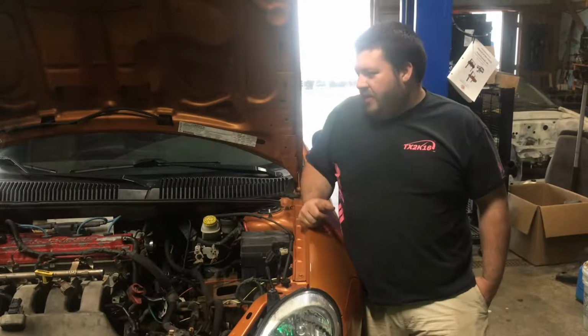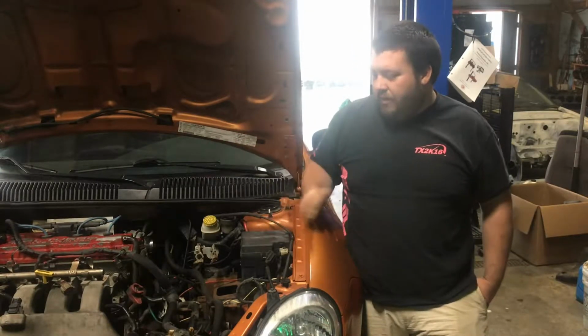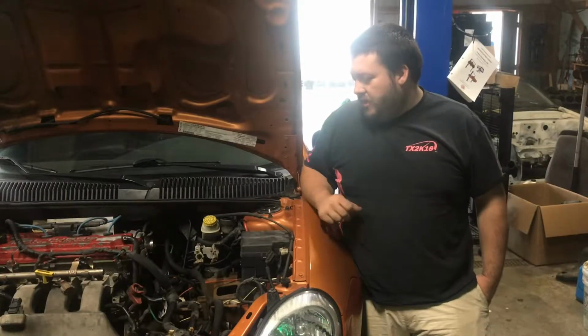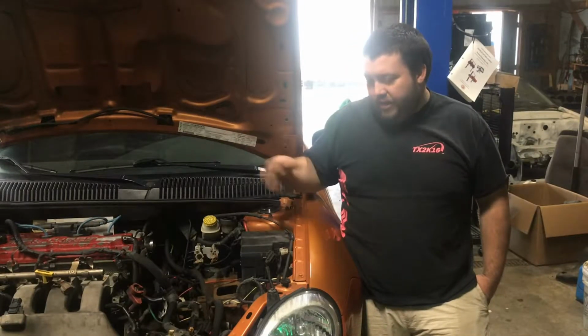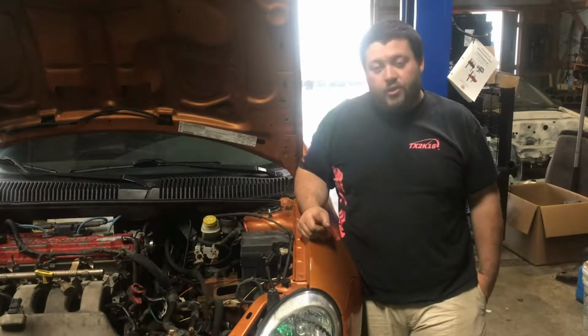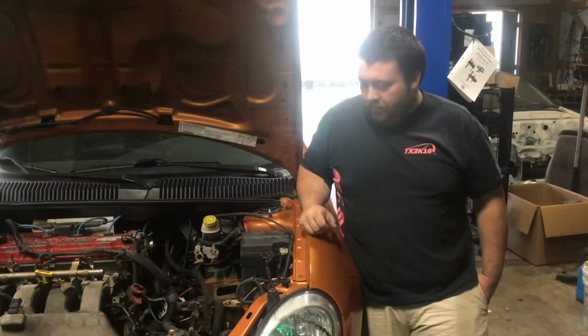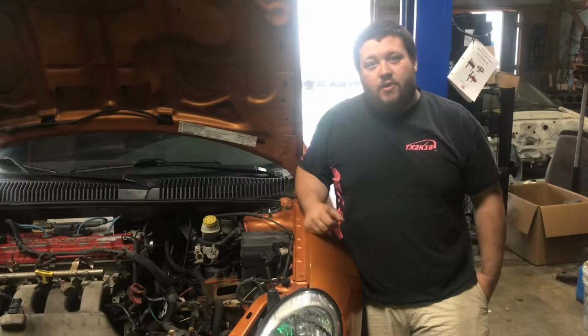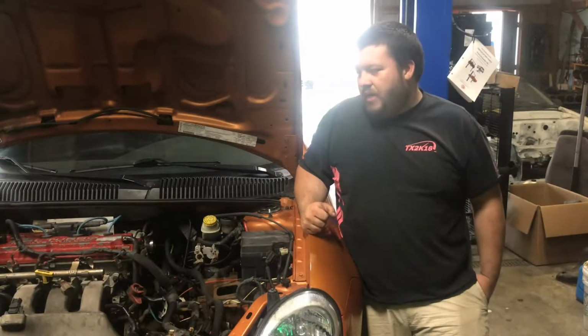But yeah, pretty much ready to go. I gotta drop the exhaust, power steering hoses, and then shifter cables, and then engine and transmission mounts, and it should be ready to pretty much come out. I'm just going to lower it through the bottom, but again, not quite as far as I wanted to go, but made a lot of progress, just slowly picked away at it, and